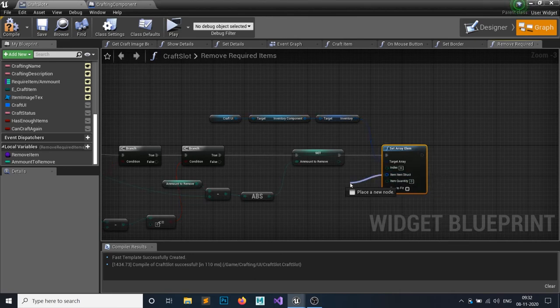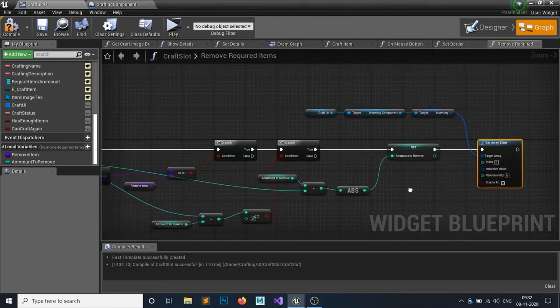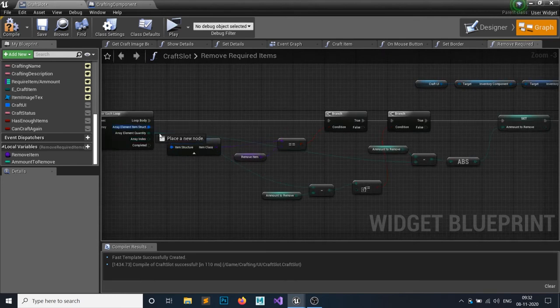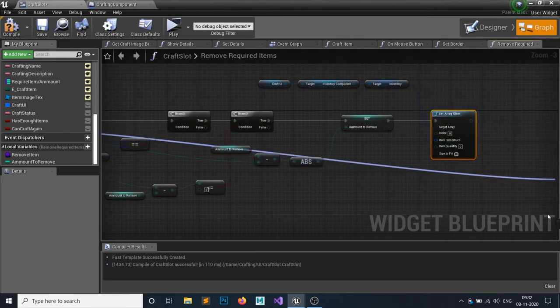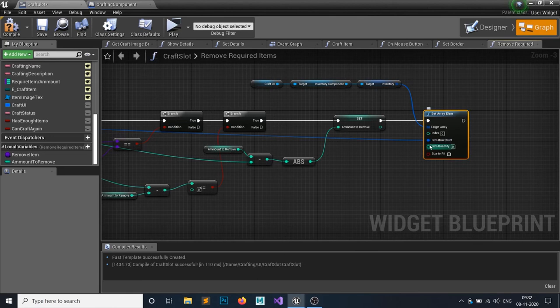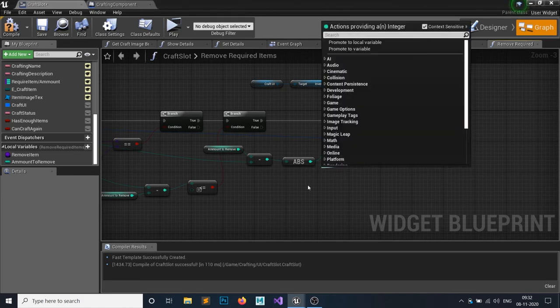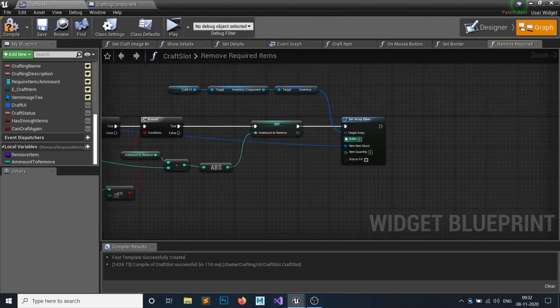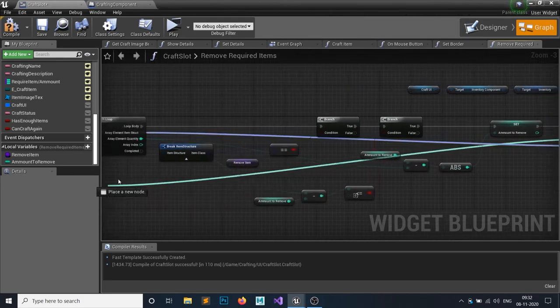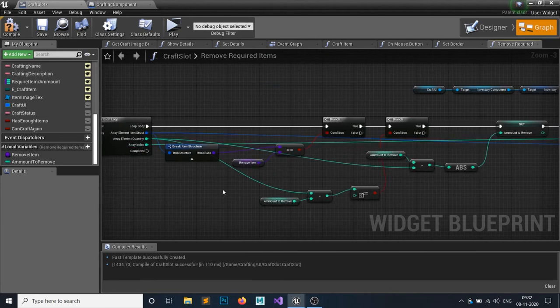The item structure I want to set is this item structure. The item quantity I want to set is not this one. The index, sorry, the index I want to set is this array index.